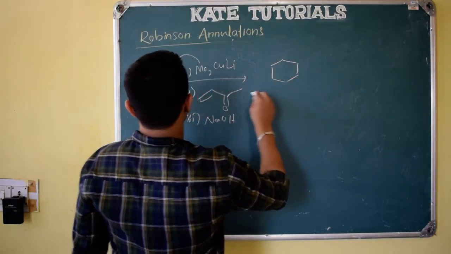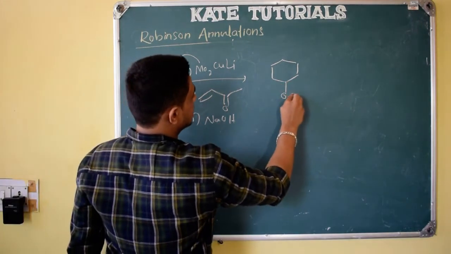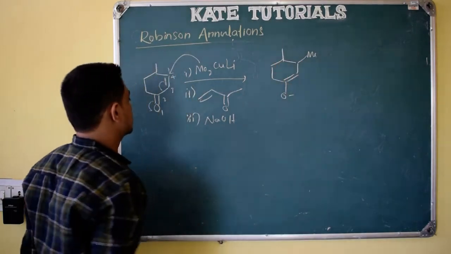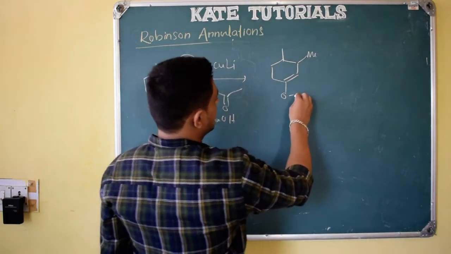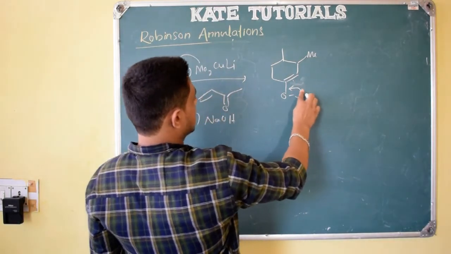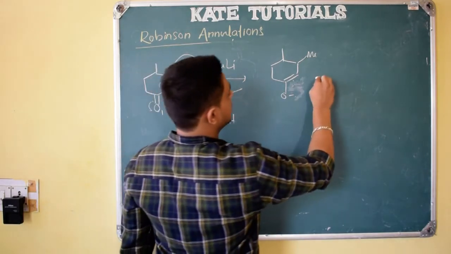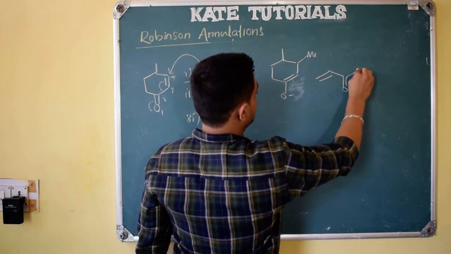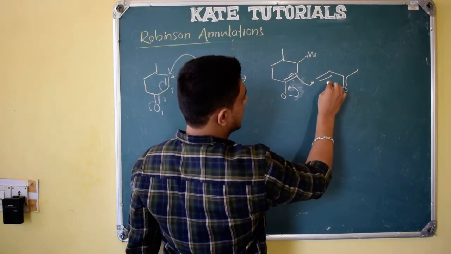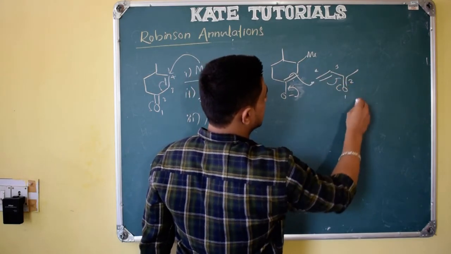So what happens, electron density comes here, this will move here, this will move here. So O minus, double bond, and here methyl, and here methyl is there initially, right? But later it will conjugate like this to form these things. Yeah, till this you know. And in the second step they have given this compound. So what happens, this electron density comes here, and from this carbon it will add by Michael addition. Again it is 1 2 3 4. This is again Michael addition, right?